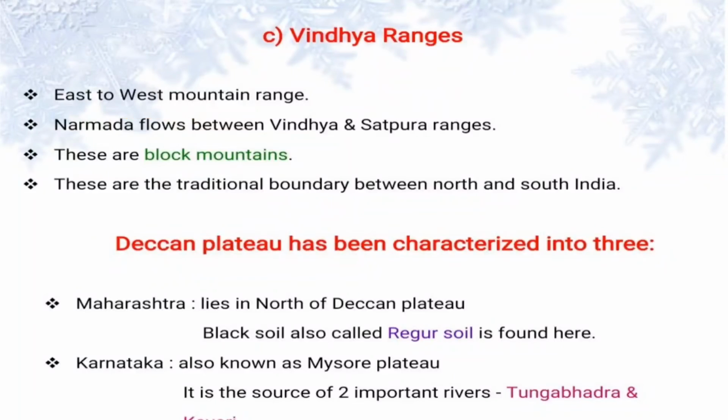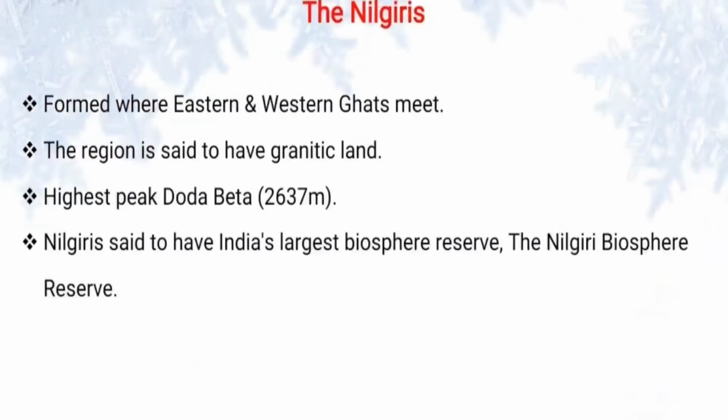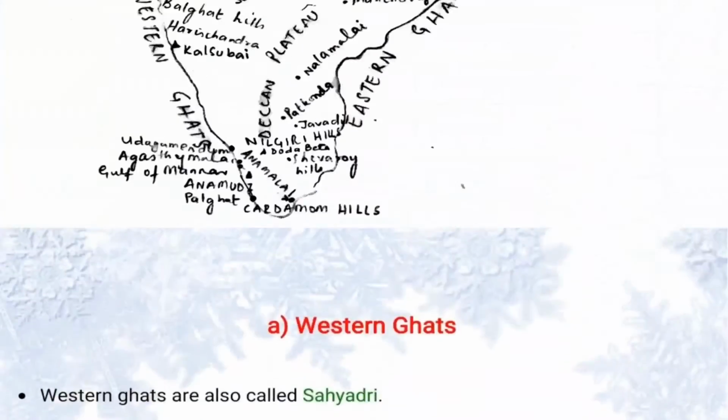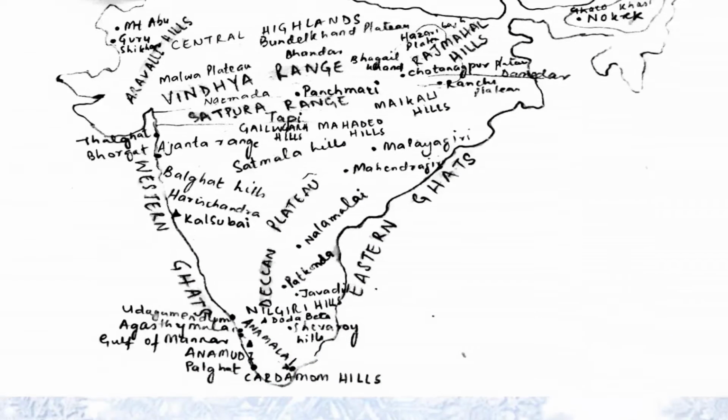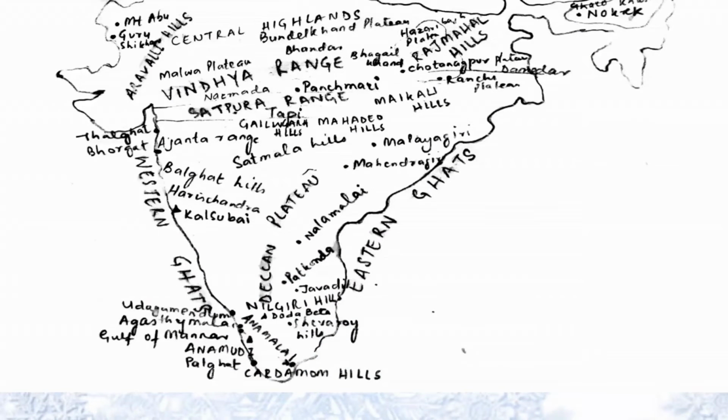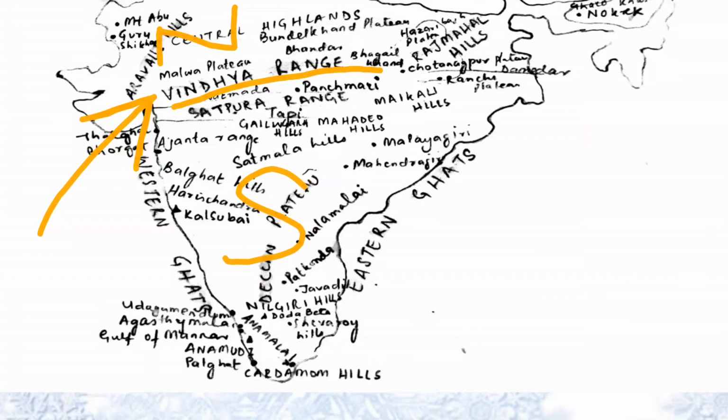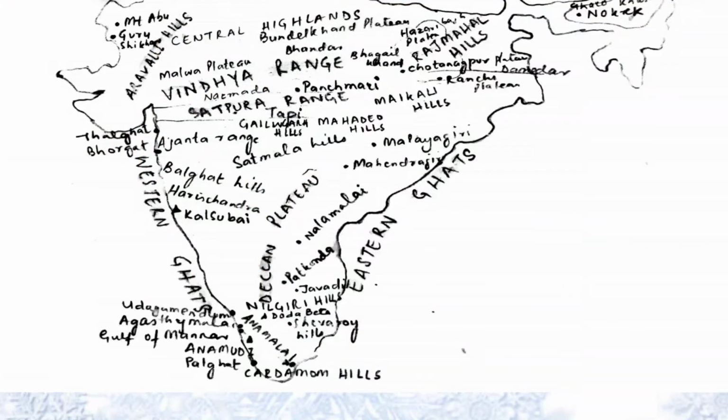Let's see it on the map, and we will understand it a bit more clearly. As you can see over here, this is the Vindhya range, and this is the north of India, and this is the south of India. So somehow it makes a natural boundary between the north and the south of India, and that's why it is known as the traditional boundary of India. Moving forward,